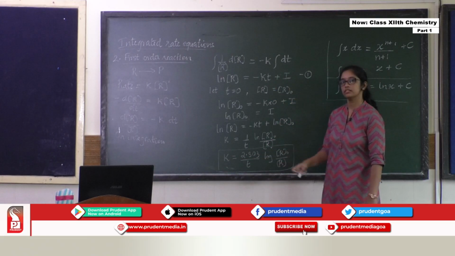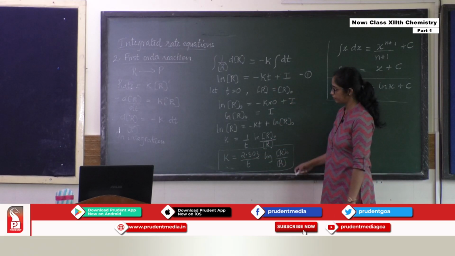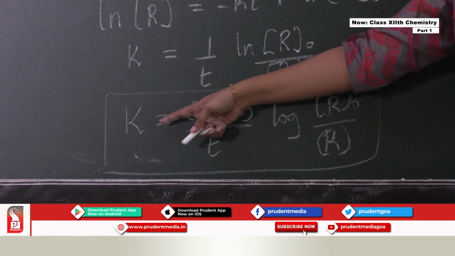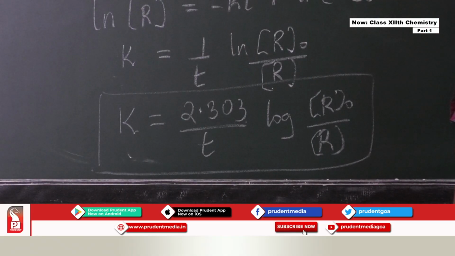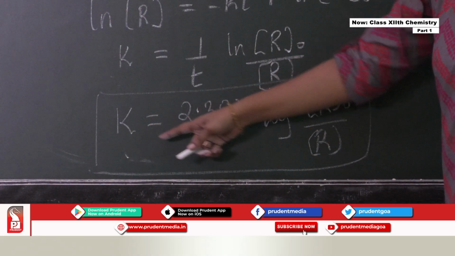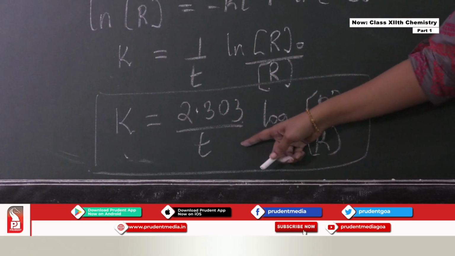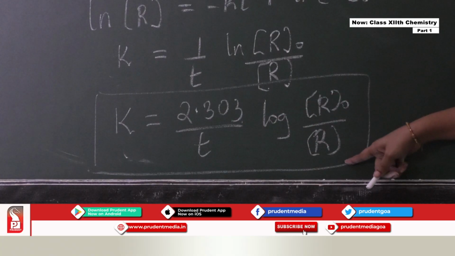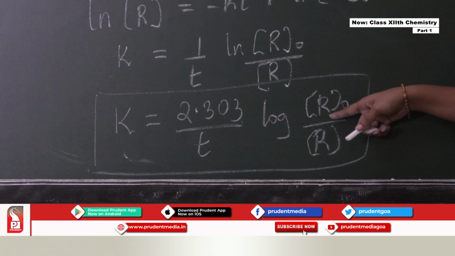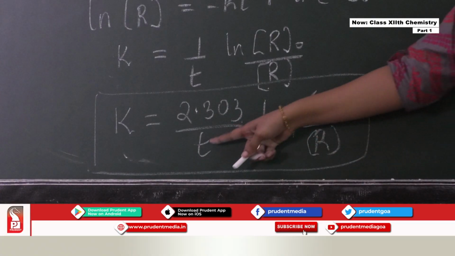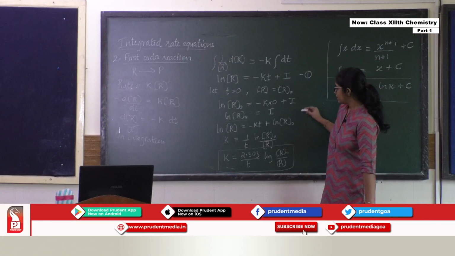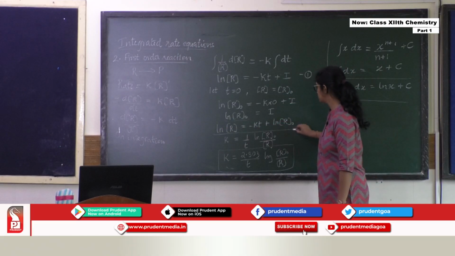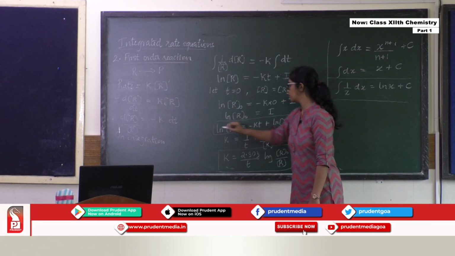Now this is the second derivation that we have done. We have derived an integrated rate equation for the rate constant of a first order reaction, and we find that k is equal to 2.303 upon t log of R naught upon R, where R naught is the initial concentration of the reactant and R is the concentration of the reactant at some time t. Now using this equation,